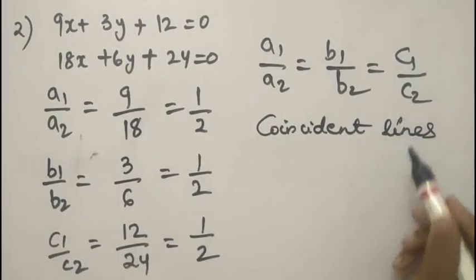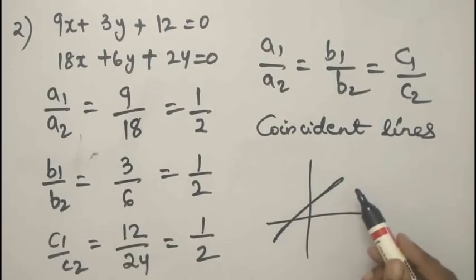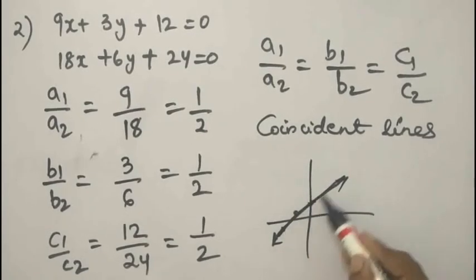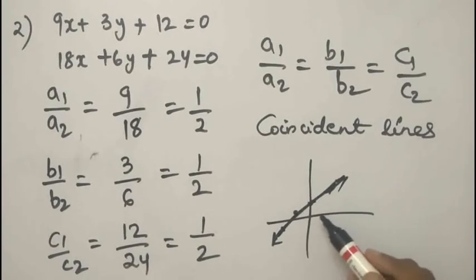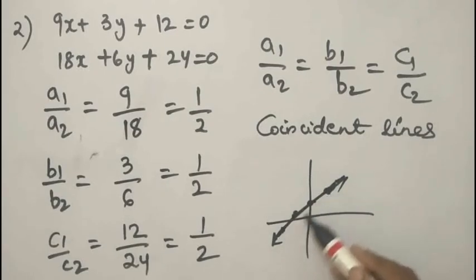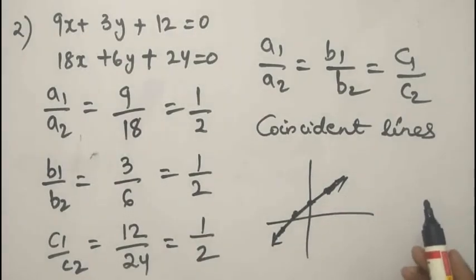Coincident lines means when you plot the graph, both the lines will pass through the same points. After plotting the graph, both the lines will pass through the same points on the graph. So they will definitely have infinitely many solutions, is it not? As they have solutions, they are said to be consistent. As they are passing through the same line, they are said to be dependent but consistent. They are consistent but dependent, is it not? Dependent pair of lines. Okay, now let us go to the third problem.